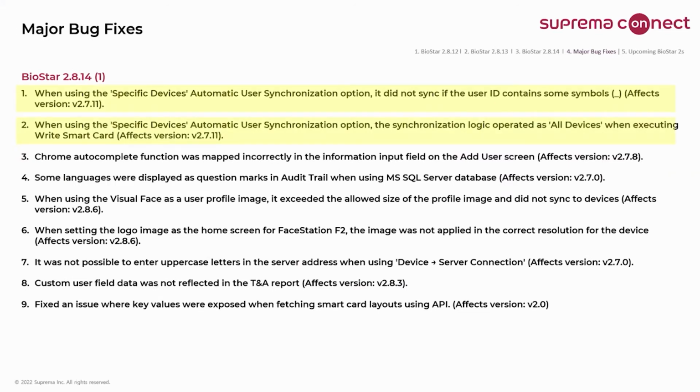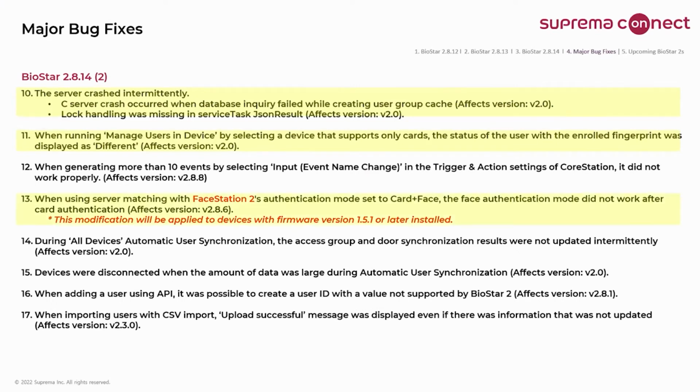BioStar 2.8.14 incorporates many bug fixes. If you've ever run into issues with features other than time attendance, please review the revision note for this version. Highlighted number 1 and number 2 are improvements for issues when using the specific device's synchronization mode. Please review the bug fixes on this page carefully. The phenomenon that the BioStar 2 server suddenly crashes has been improved in BioStar 2.8.14,